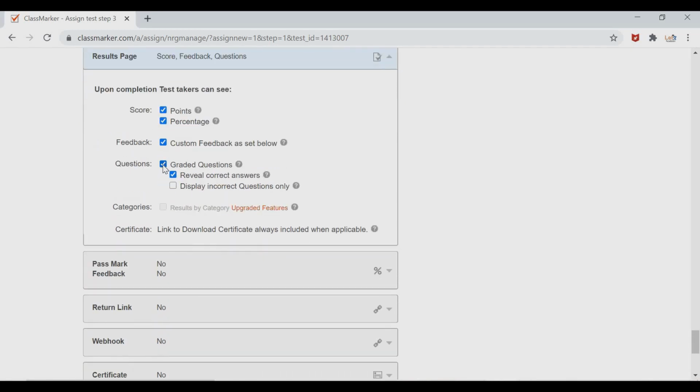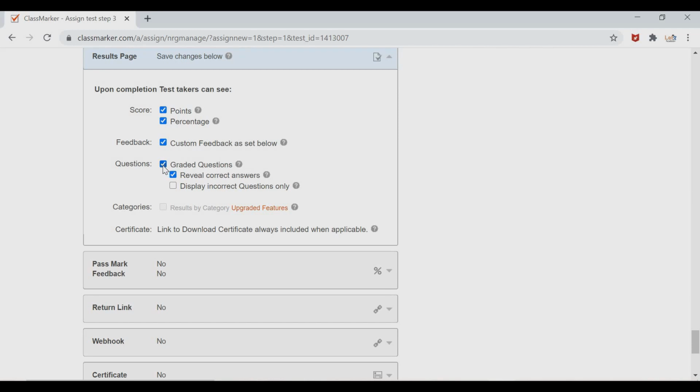And grade questions, better you just turn off this option, because if you are going to use a free account, then through the link the result will not be saved. So if you click this option, reveal correct answer and display incorrect answer like that, then after the test they will be able to see what the correct answer is for these questions.